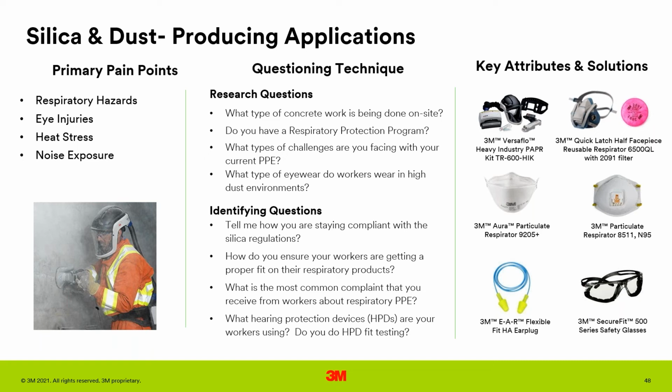Couple focus products here. Our TR600 in the top left corner is really a complete solution for you for respiratory, head and face protection. The respiratory protection can be a HEPA for particles or a combination of HEPA and cartridge for OV or AG, which may be present in the application. And the face shield's equipped with a premium visor to ensure protection so the worker can still see their work,